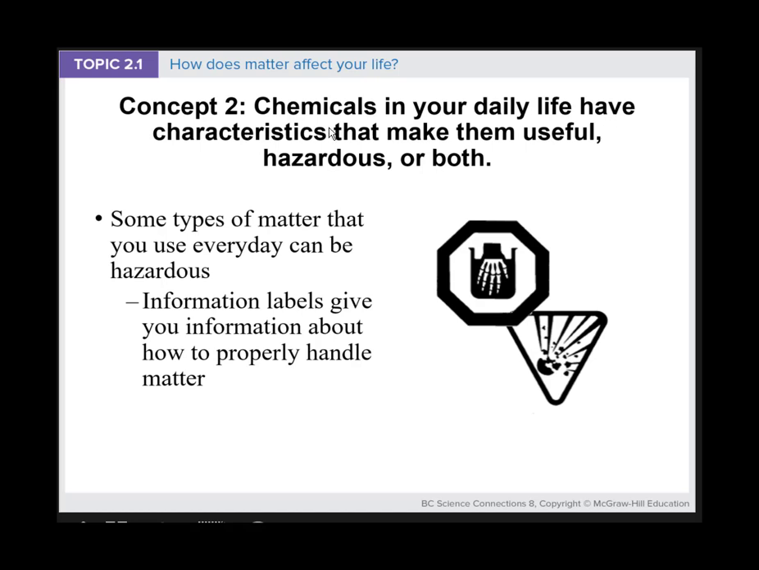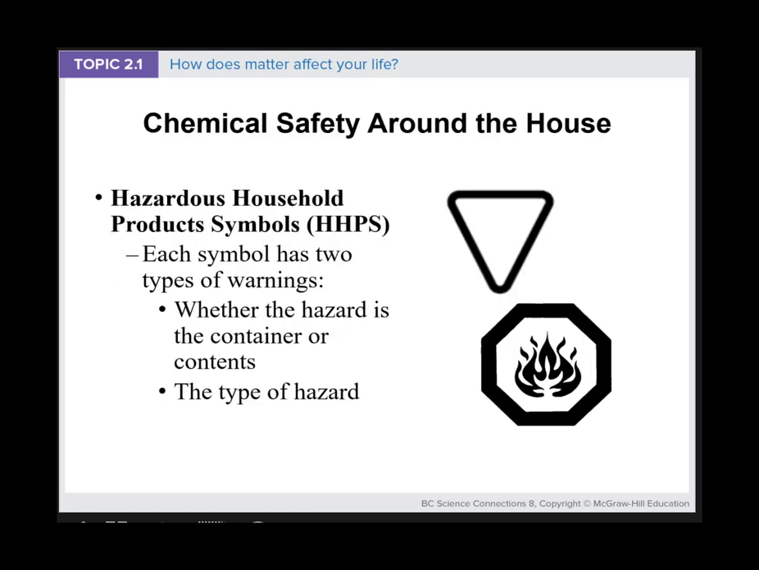Chemicals in your daily life have characteristics that make them useful or hazardous, or both. Now, this is toxic. All right? This is explosive. One of these is cautionary. One of them is a warning. You need to remember these now. Okay? It says here, some types of matter that you use every day can be hazardous. Information labels, right? The WHMIS labels that we talked about give you information about how to properly handle the matter. So we talked about the WHMIS labels. We talked about the hazardous household product symbols,